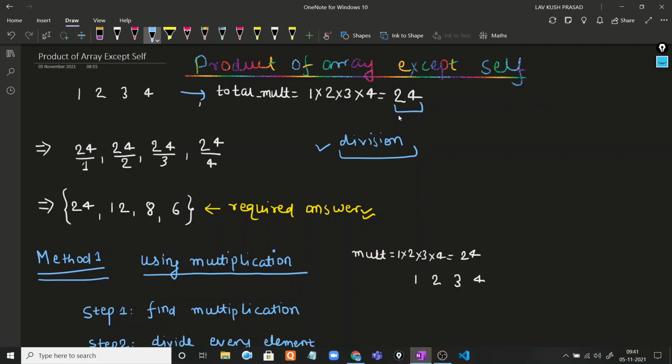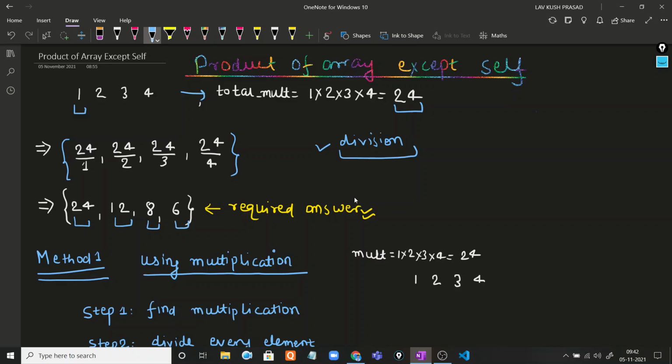In the next step, we can divide 24 by the value present at every index: 24 divided by 1, 24 divided by 2, 24 divided by 3 and 24 divided by 4, and we simply get 24, 12, 8 and 6.